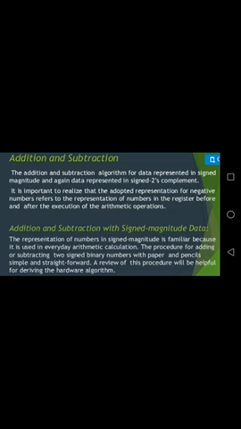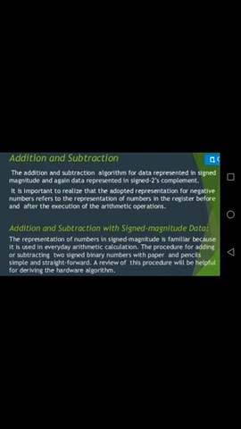It is important to realize that the adopted representation for negative numbers refers to the representation of the number in the register before and after execution of the arithmetic operation. So it is very important to note that a negative number is going to be interpreted and stored in this representation before being stored in a register.